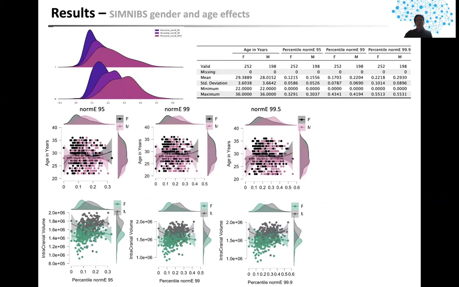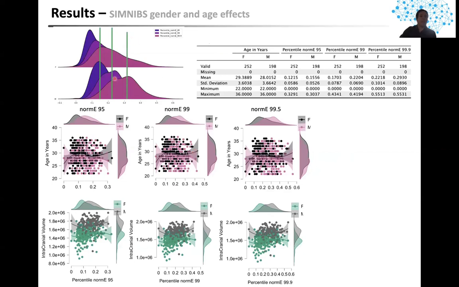If you look more specifically into the different percentiles calculated by SimNIBS, you will find a strong effect of the intracranial volume, shown here in the form of different distributions by gender, and also quite different E-field results based on gender. Here shown for the 95th percentile, 99th percentile, and 99.5th percentile for the norm E-fields. There were no gender effects.